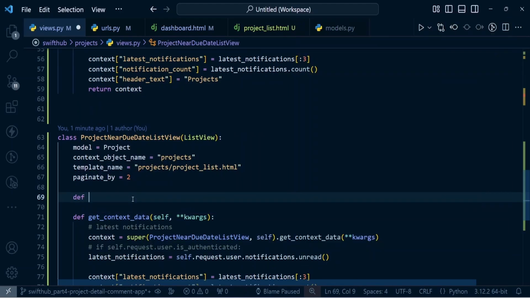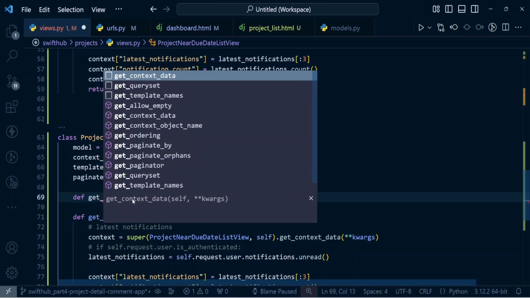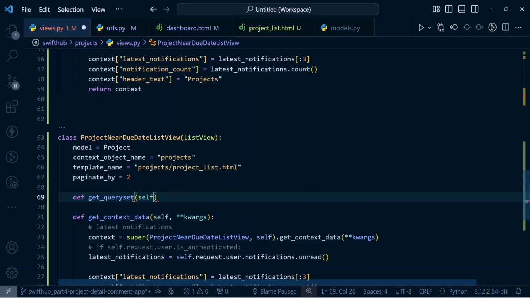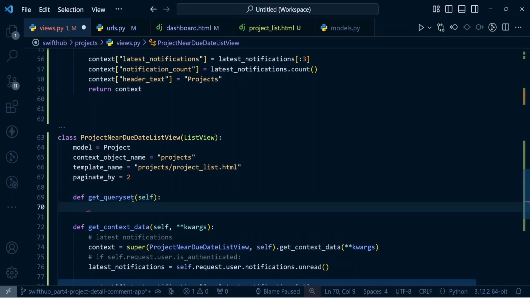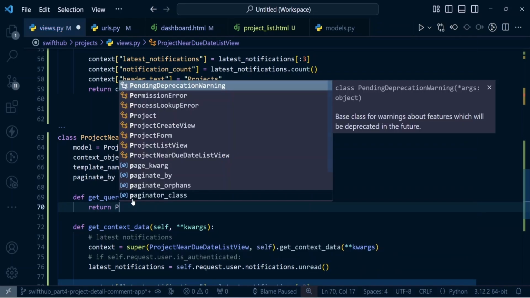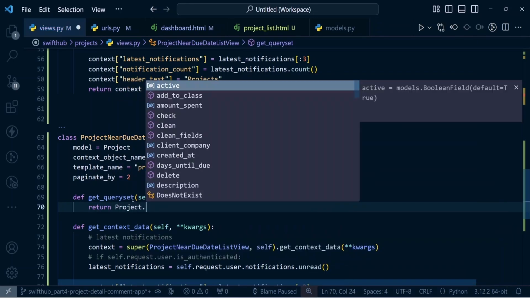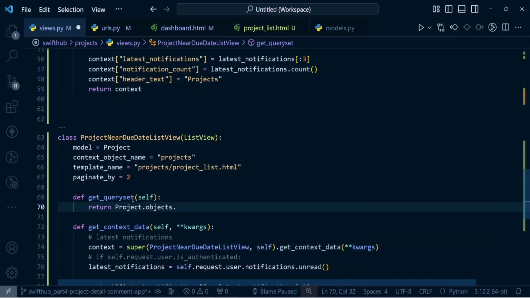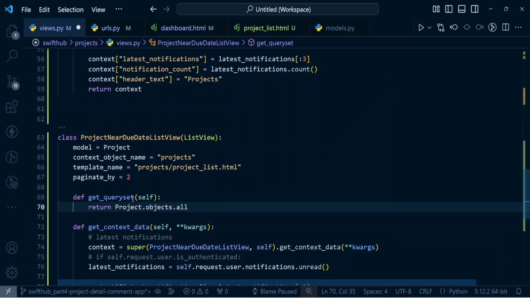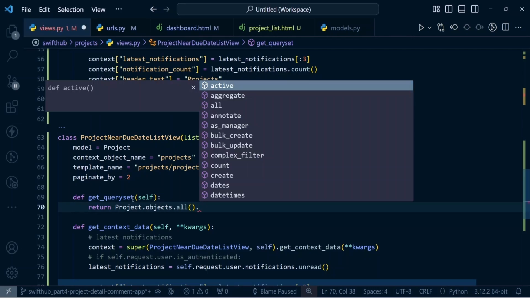So I'm just going to do def and do get_queryset like that. Okay, so this is actually going to take self. And now that we have passed self, the next thing we're going to return is going to be Project.objects.all. So the all is actually going to filter, and we are going to get all the project, and then the next thing is actually going to be,